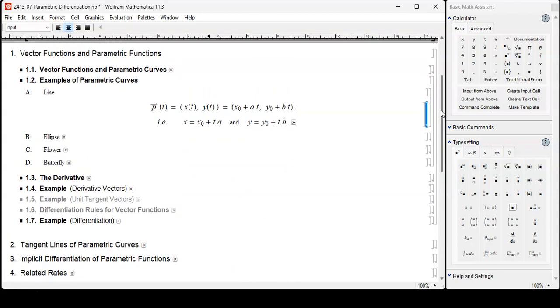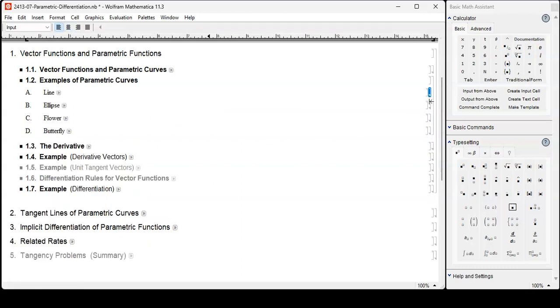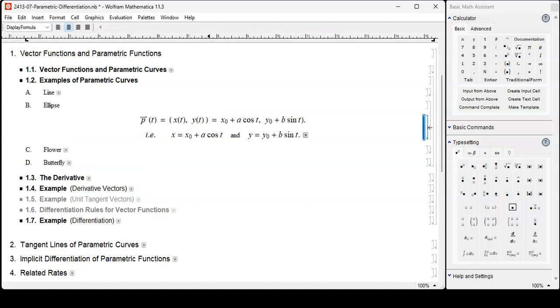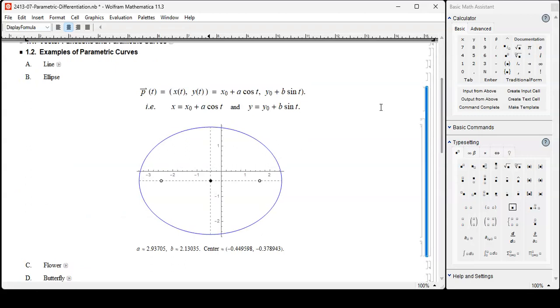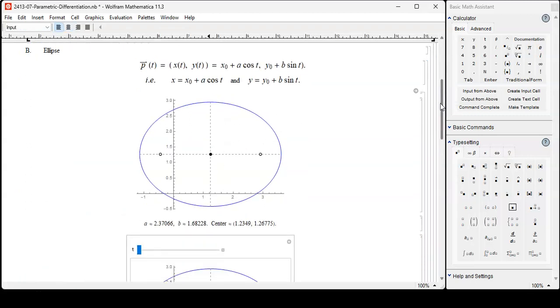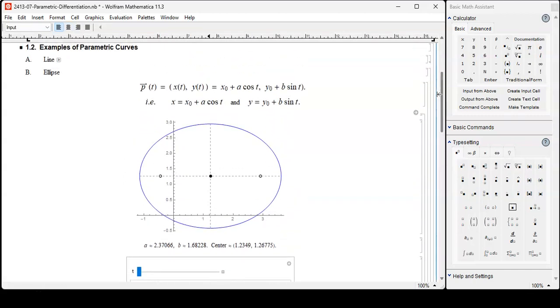The trace of the position vector function, from t moving from somewhere to somewhere, say t1 to t2, represents a parametric curve. The example I just showed you gave you a line. Next example here, you're going to get an ellipse. Let's run it again. Here, a and b values are randomized, x0 and y0 values are a bit randomized too. We end up with an ellipse centered at x0, y0,